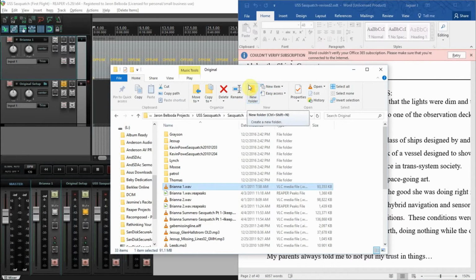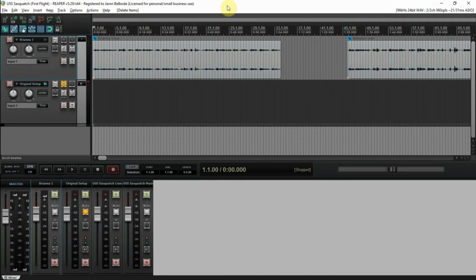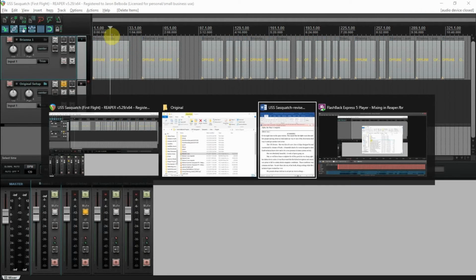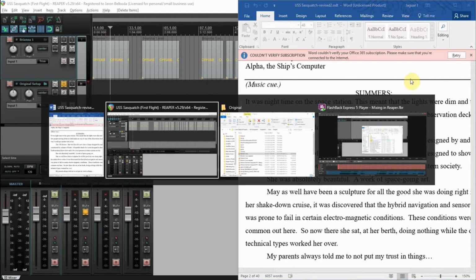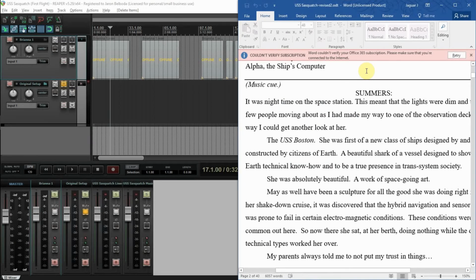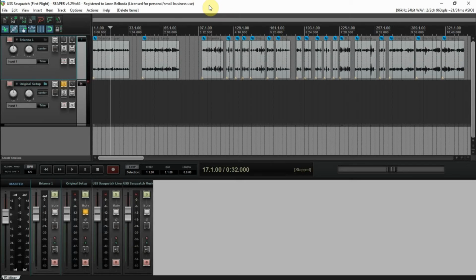Okay, so where were we? Last time I was looking at the lines from the first part. So let's go over here and actually let me close this. I don't need this one open. There we go. Okay. There it is. Script. So I was going through the different takes and seeing which ones I liked, and then I realized that I needed to cut it up into clips like you see here for each take, and I'll explain why in a minute. But first, let us go to the handy digital assistant,